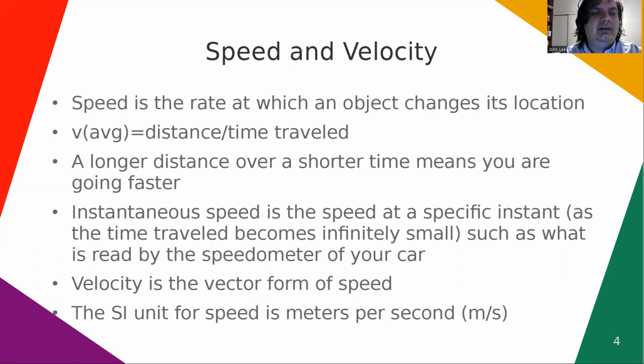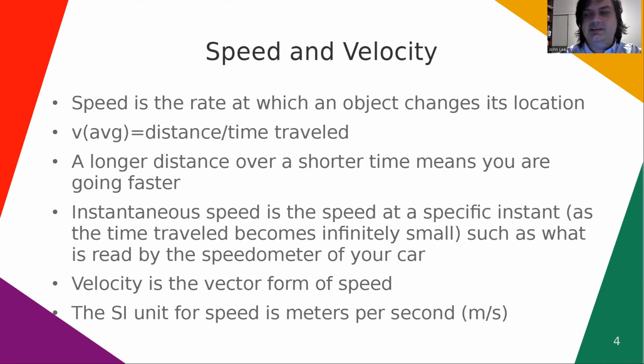And then the way that this scales is that a longer distance over a shorter time means that you're going faster. So if you manage to drive to Las Vegas, which is a couple hundred miles away, I believe, and you do that in 2 hours, then you're going significantly higher than 33.3 miles per hour. And this is just the average speed, and speed is a scalar,